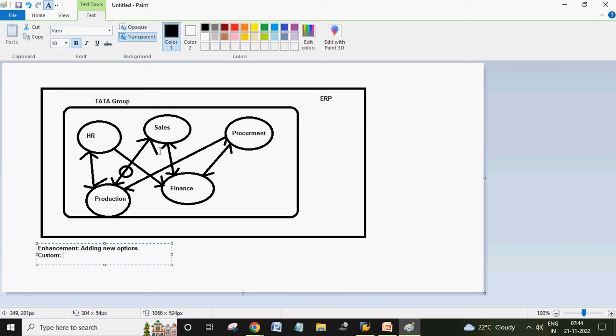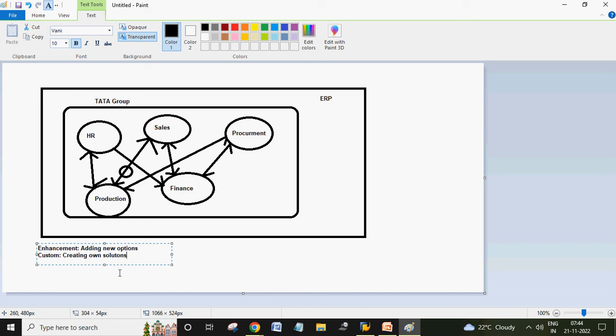What is custom or customization? Creating your own solutions. Let's say whatever business functionalities or programs provided by SAP are not suitable for your business requirement. What you need to do? You can create your own solution. You can create your own program, right? So that means customization or custom solutions, right? You are building your application from scratch, from the beginning. If the existing SAP business functionalities are not suitable for your requirement,